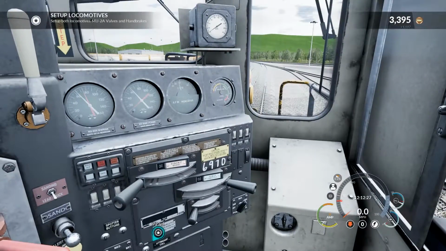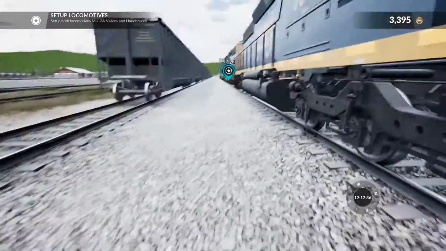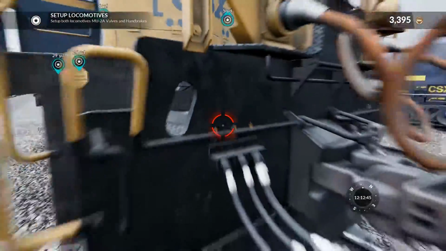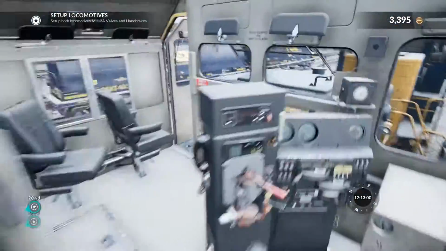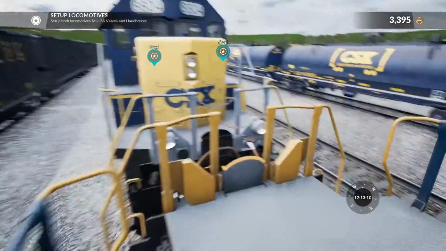Okay. Set up both locomotives, M2A valves, and handbrakes. Okay. So this engine, did we close those doors? We did. Okay, good. So I'm going to climb up here. We're going to set the handbrake off. And we're going to go up here. We're going to turn this multiple unit on. Yeah, we're going to close this. Did I close the door? I'm so bad at... Nope, I left it open. Were you born in a barn? I was born in a barn. I was born yesterday. Alright, so...